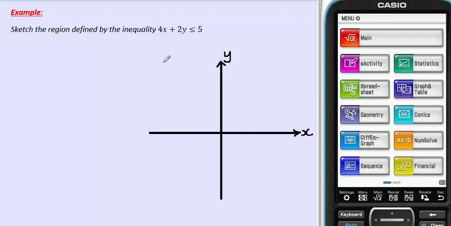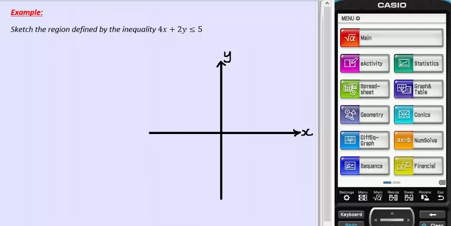I have a region here that I'm being asked to define, and here's the inequality: 4x plus 2y is less than or equal to 5. Now the tactic we're going to use when we have to sketch an inequality like this, or an equation that's not a vertical or horizontal line, is, first of all, we're going to sketch the relationship